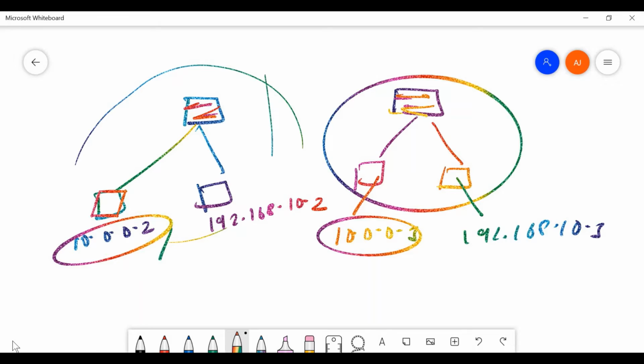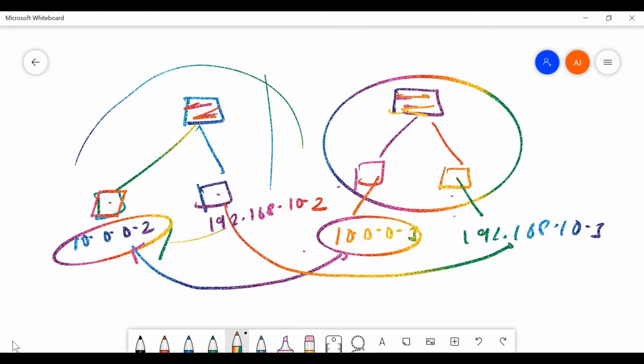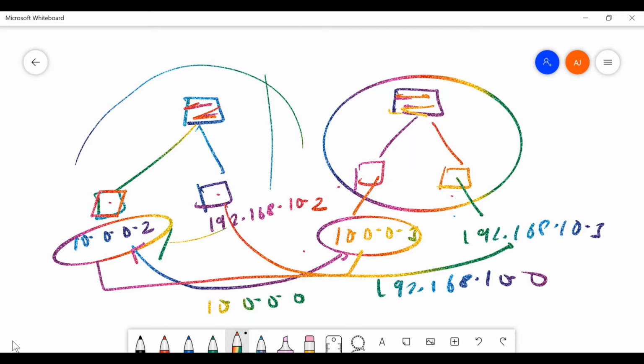We are going to connect the two PCs of different LANs to the same network, the network of 192.168.10.0, and these both belong to the network of 10.0.0.0. This is how we create the VLANs.